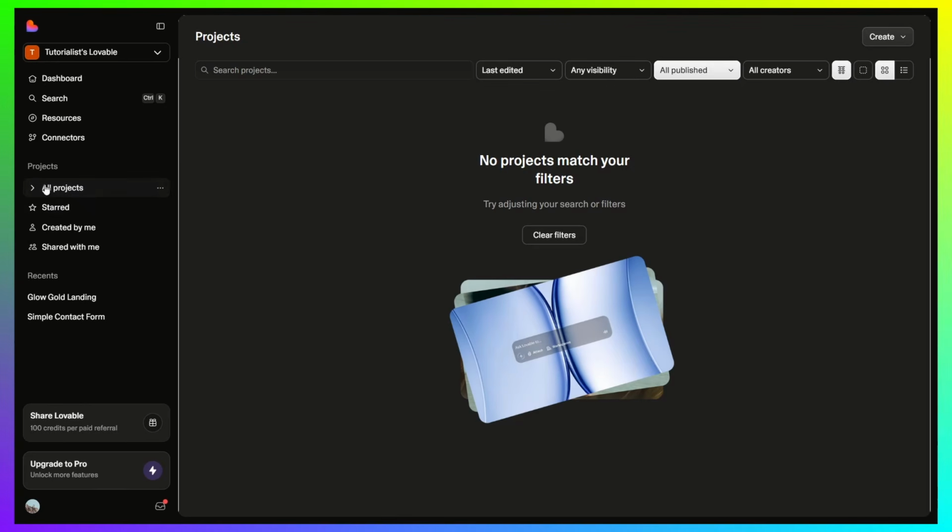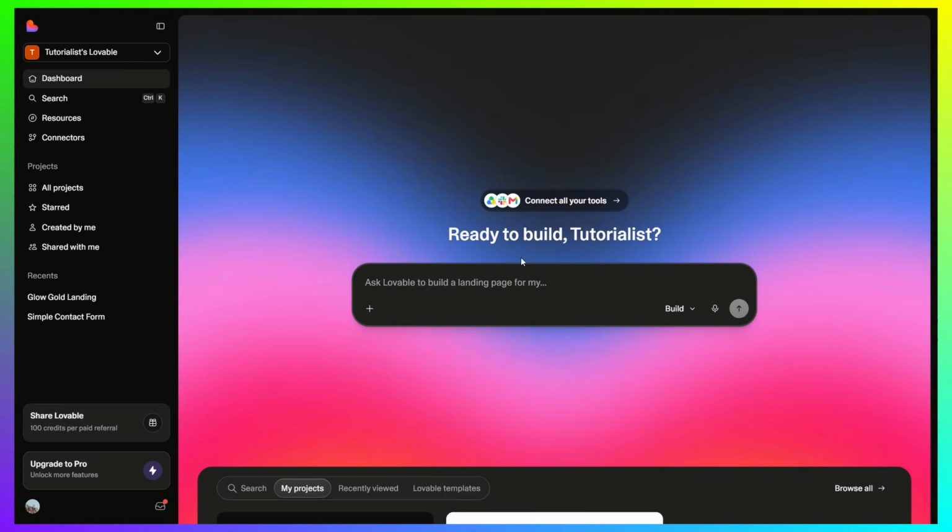So to get started, you're just going to go ahead and go to the projects page. And obviously you would want to create your account at this point or be logged in. And what you want to do is just click on create from the top right and click on new project. It's just going to take you to this page, which is where you can build whatever you want,